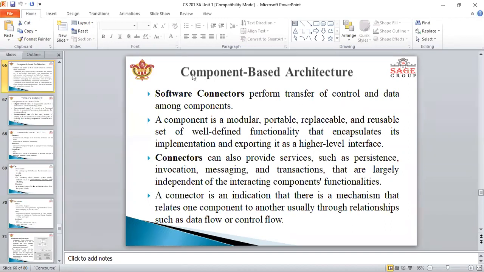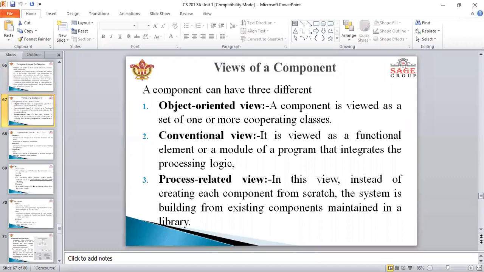And what is the view of the component? Here you can see the component can have three different views: object oriented view, conventional view, and process related view. So what is the object oriented view?